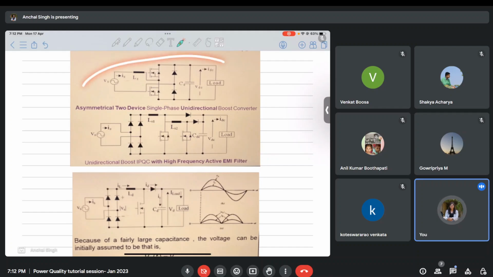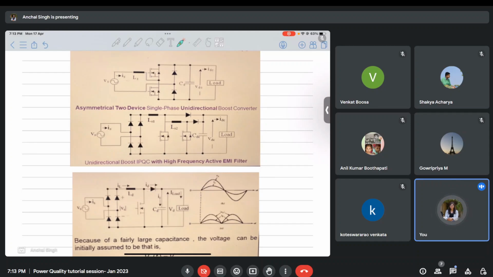If suppose I have this circuit, I know the gating pulse that I'll be giving to these switches. So first I will name them switch 1, switch 2. Then I will see in which duration switch number 1 is on. Then in that duration I will draw an equivalent circuit for this circuit during the time when switch 1 is on. Then I will write the KVL and KCL. The basic equations are always the same. The combined equations may look very bulky, but they are all derived using the basic electrical principles.